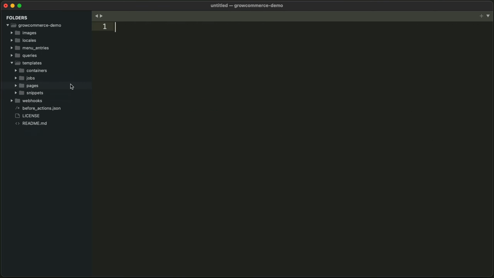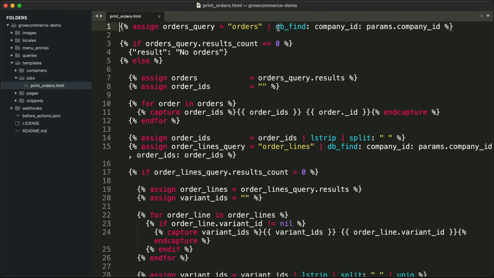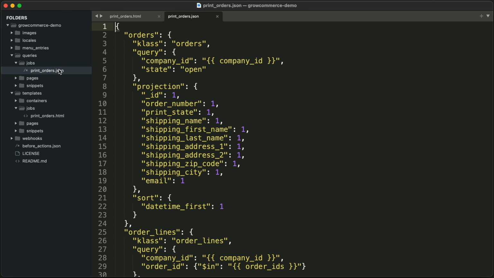The background job template is located in the Jobs folder. It uses the DB find filter to query the GoCommerce database for orders belonging to the company ID that we passed to the job and can now access as a parameter. Just like a page template can access params of the HTTP requests, job templates can access the information that we pass as params. The query is found under Queries, then Jobs, in a file with the same name as the template file,